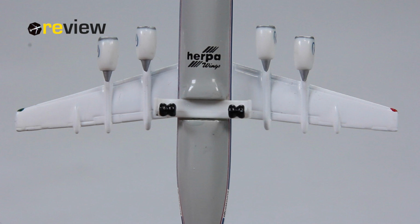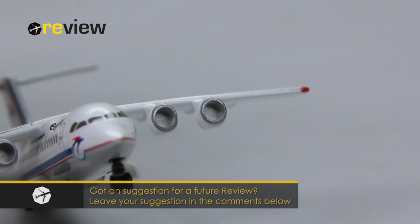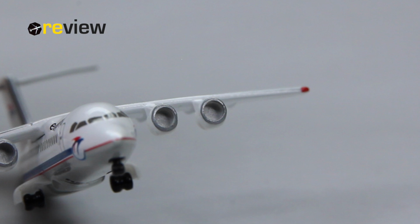But that leads us straight to the biggest weakness of this aircraft, and if we take a look into the engines, we can see there is absolutely nothing. Now, this is maybe not so surprising for those of you who have watched a few of my older reviews, because the AVRO-jets of that time that were released by Herpa Wings all have this issue. They did update it a bit later and introduced fan blades into the engines, which was very nice, but unfortunately the model releases of Herpa from that time did not have that, and that is really a major negative point